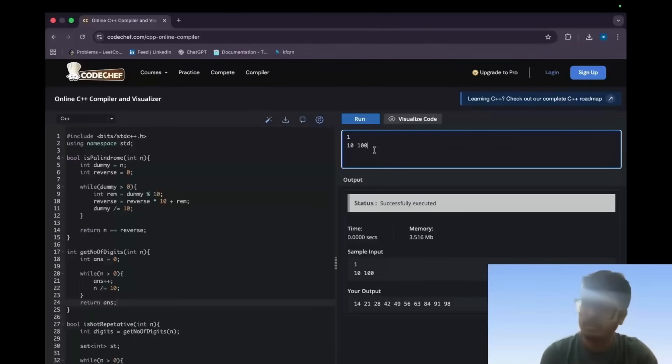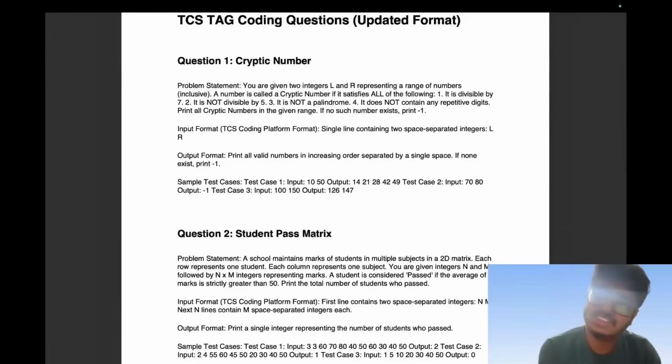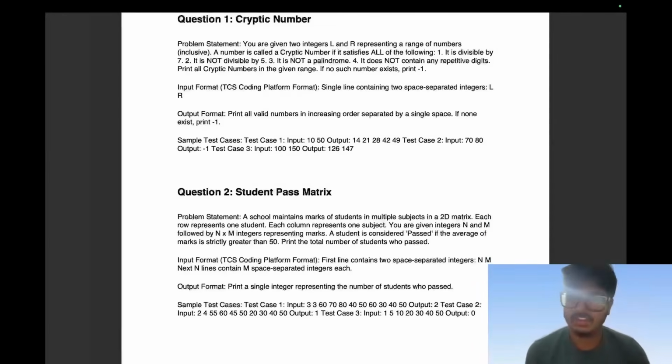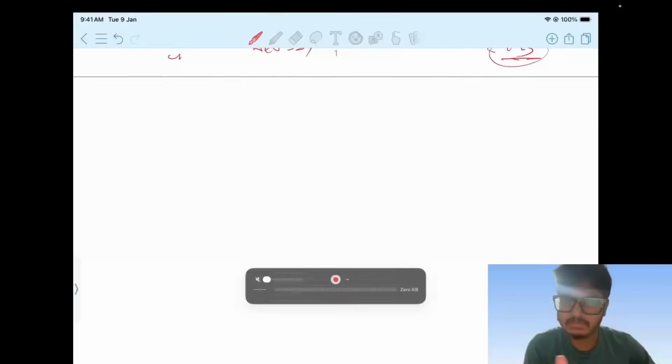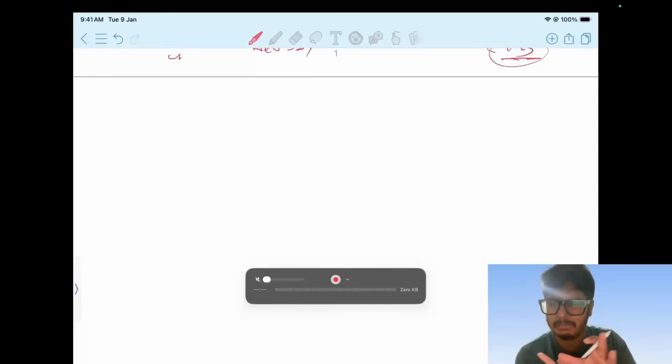So this is the simple code that we need to solve, and let's move forward to the next question now. The second question is even simpler than the first question. So what we are getting in the second question is, let me not talk over the whole problem statement